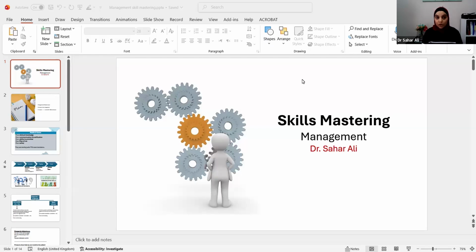For people who are joining us just now or are new with us, we have a session called Skills Mastering. We take a skill from the skills areas in PLAB 2. We take one in a specific session, and we focus on this skill. We try to find out how to master this skill. And today is the management skill.